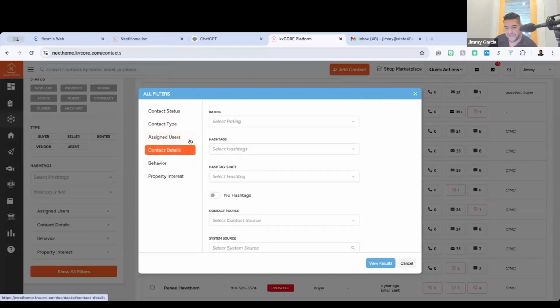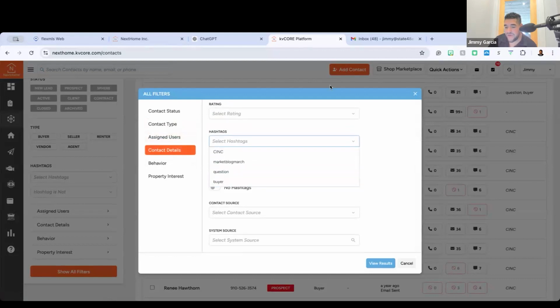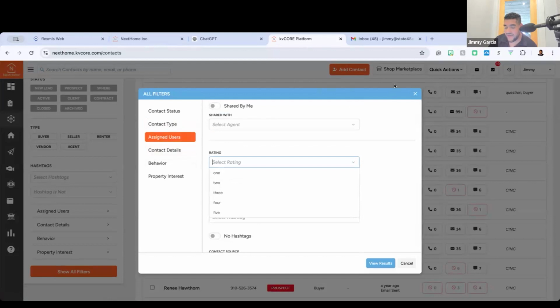One of your contact details, create if they're family, create if they're Sphere. If you're a Buffini system user, right? Buffini has A's, B's, C's, and D's, right? You could filter them that way. All of your A's, people that are going to buy and sell within the 12 months, or anybody who talks about real estate, they're always championing your name. B's, anybody who's past 12 months, maybe kicking the tires, right? C's, they're still in your sphere, but they're not going to convert, nor do they appreciate your name.